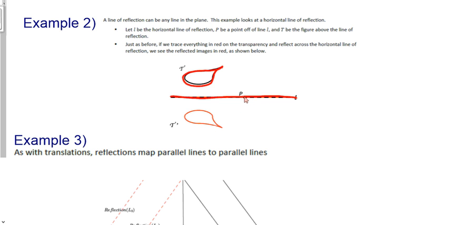It's still right where it is, but you still have to notate it as being P prime if you did in fact flip your transparency and reflect it. Okay, so down here with example 3,